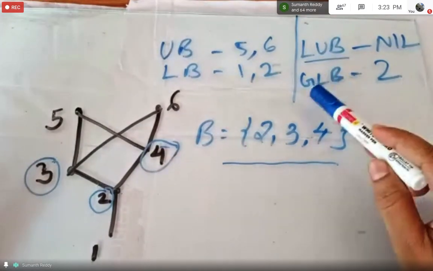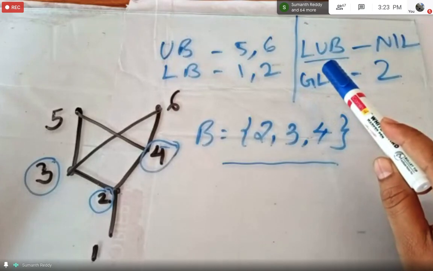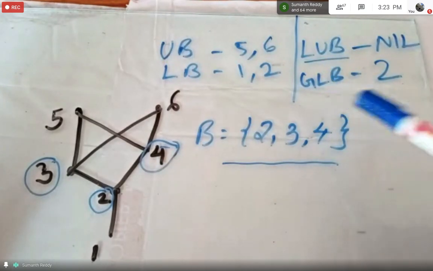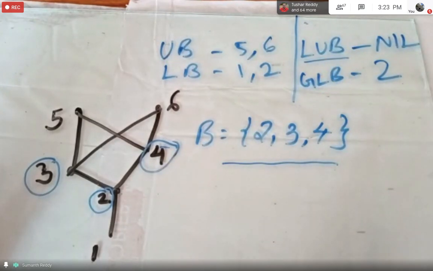See, actually, you just observe this word greatest and least. Greatest is something like it will be among the other lower bound elements. It will be in a upward direction. You just think in this way. And least upper bound, among the upper bound elements, it will be in a somewhat bottom position. If you try to understand in this way, I think you will not have any confusion.